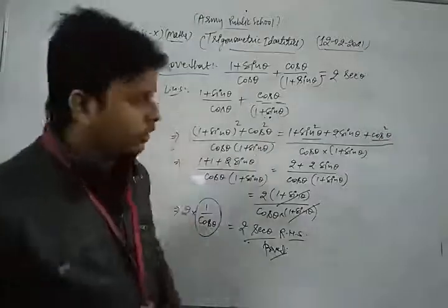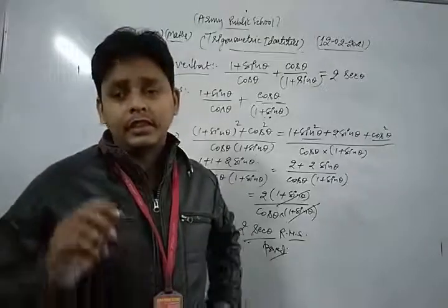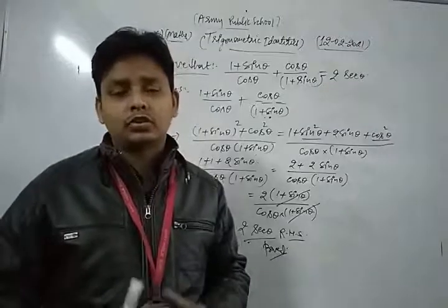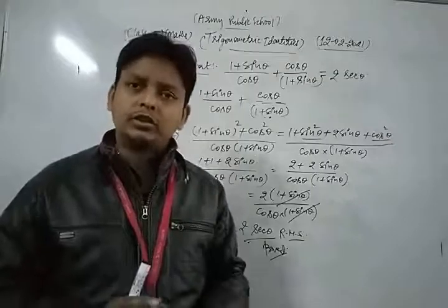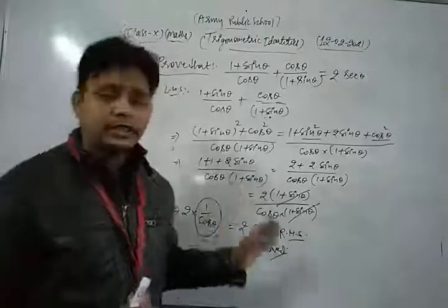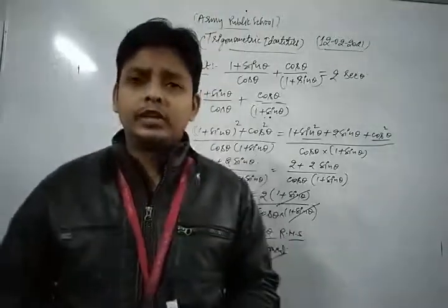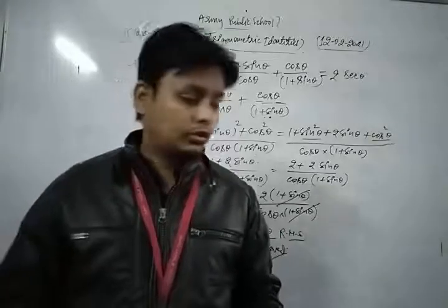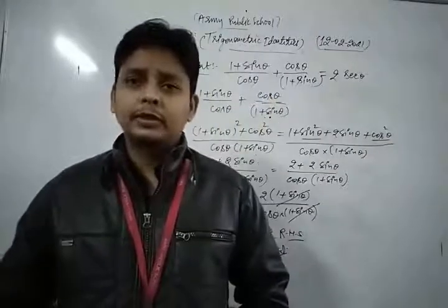So dear students, first of all you learn each and every identity of trigonometry, because this chapter is very important for you. Without learning the algebraic identities you can't solve any questions based on this topic. So first learn each and every algebraic and trigonometric identity, and do more and more practice of each and every question of your NCERT exercise or previous year papers. Also solve previous year board examination questions based on trigonometric identities.